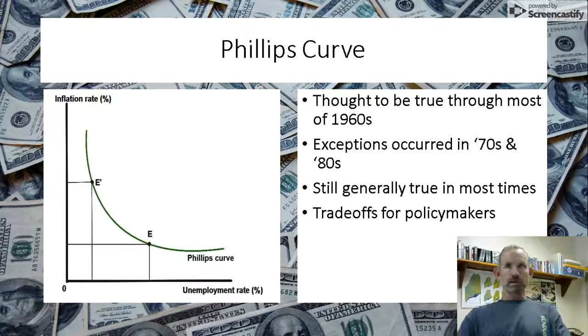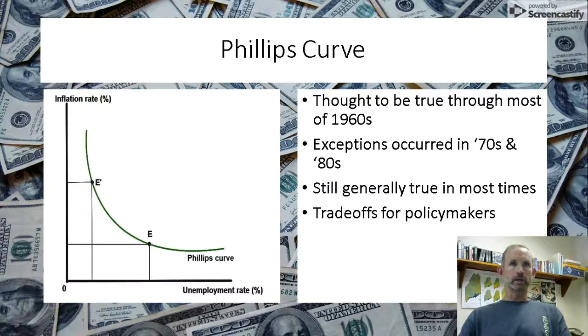Part of what's important for us in these last few chapters is that we're going to start talking about how the government manages the economy through fiscal and monetary policy. This relationship leads to some trade-offs sometimes. If we're in a recession, the government has things they can do that will help bring us out of the recession and help lower the unemployment rate. The fear is if they do a little too much of it, it might cause inflation. So then they've solved one problem and created another.